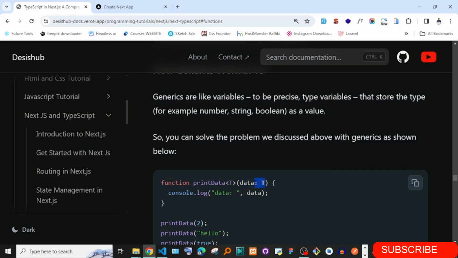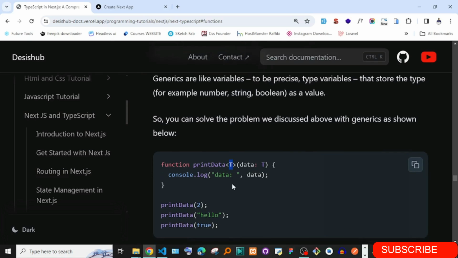And TypeScript is going to use type inference to know what to return. Okay? So in this case, if you pass in a string here, it's going to be data as a string. If you pass in an array here, it is going to be data as an array. If you pass in boolean here, it's going to be data as boolean. And that's simply what generics are. They simply generalize and give us the ability to pass in the data type we want, and simply return that data type at the end of the day.